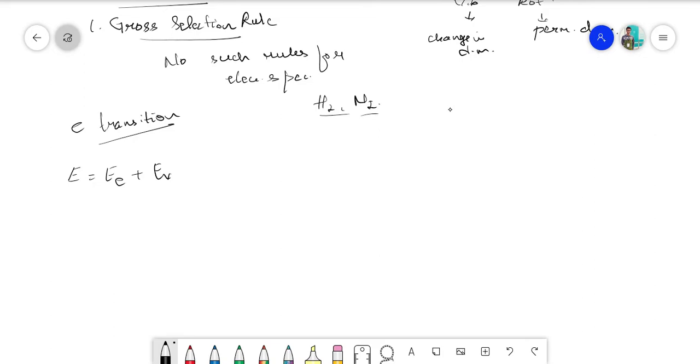And the electronic spectra that you get is known as a band. Why is it known as a band? Band means there are multiple peaks. So there are no specific